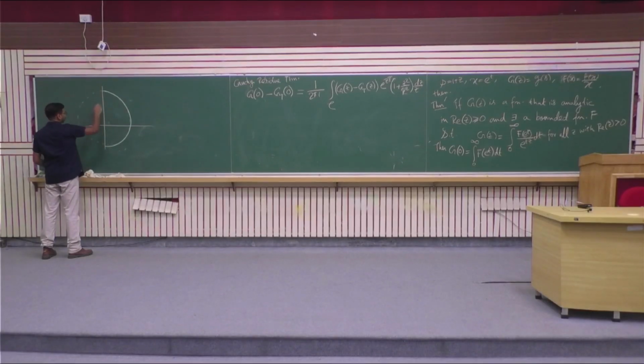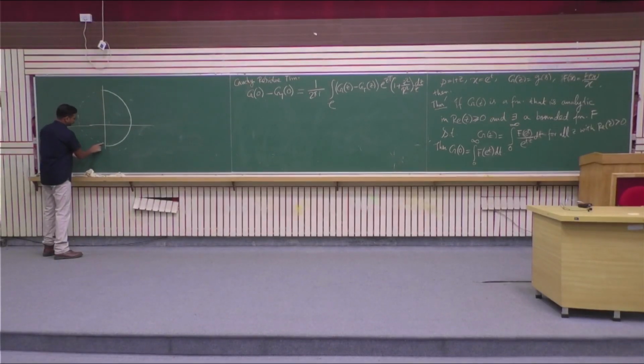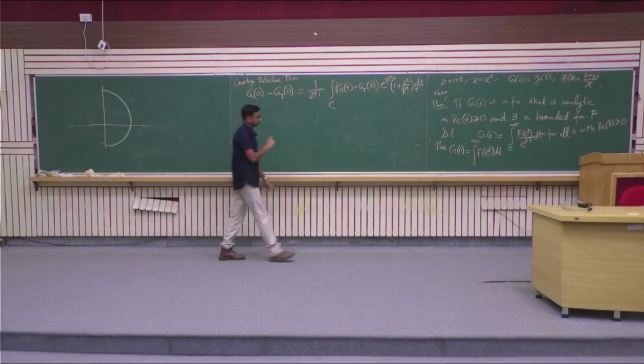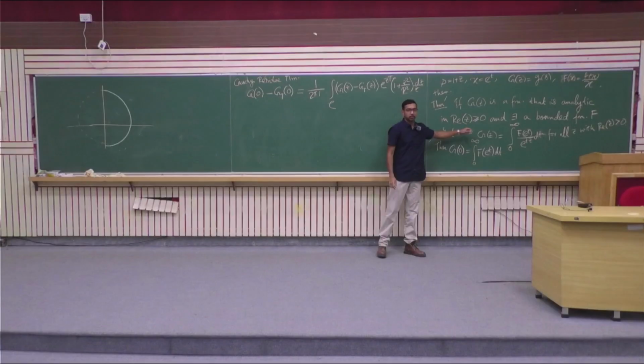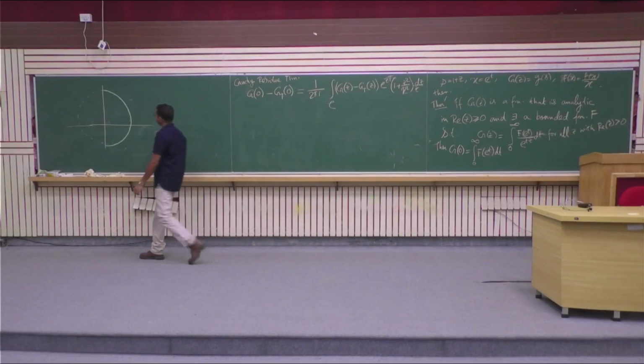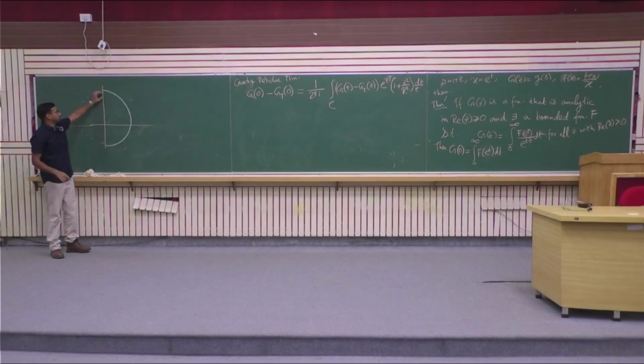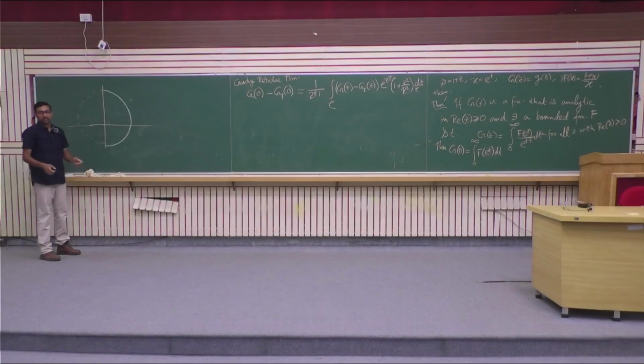And also we saw that since gz is given to be analytic in this region, real part of z greater than or equal to 0, every point has some neighborhood in which the function is analytic, right? And since it's a compact region, you can take a finite subcover with open balls around the points and take the minimum radius of such balls in that compact subcover. Okay, so that gives you some radius delta